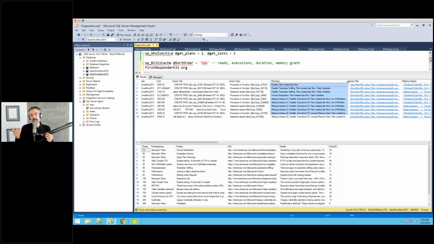Because really, at the end of the day, query plans are just stored in XML in memory. It's just a matter of writing XML queries, like I'm ever going to do that, to go analyze what's going on inside the plan. So you can see right at a glance, before you even open the plan, you can go through and see,